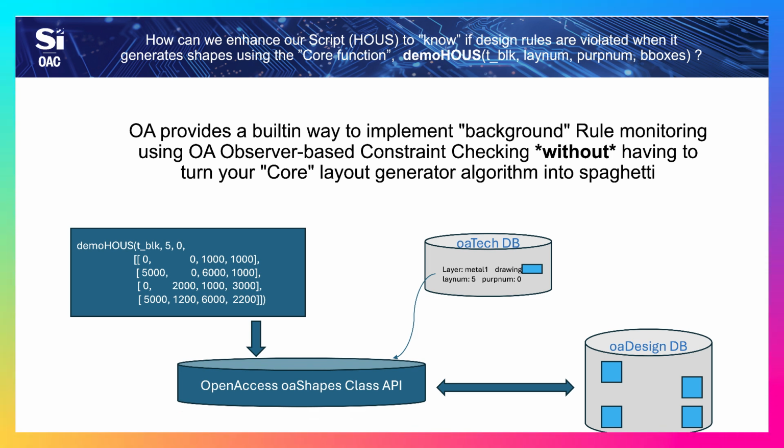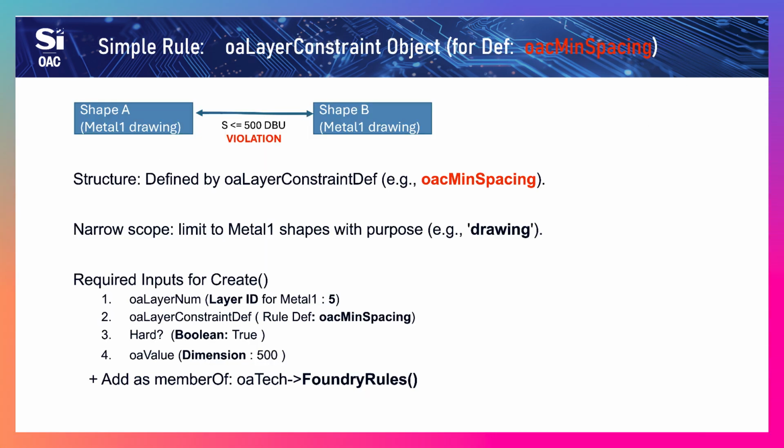Before we look at our demo solution, however, let's get a little more familiar with OA constraints and observers themselves. We'll be using a very simple single layer constraint, the min spacing constraint depicted here. It involves 2 shapes on metal 1, A and B, separated by distance S. The constraint definition that we'll be using is: if S is less than or equal to 500 dBU, a min